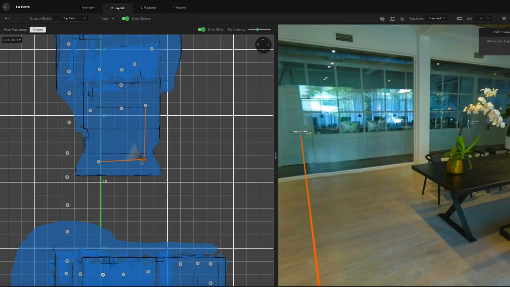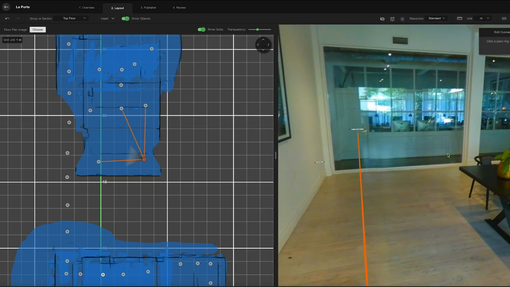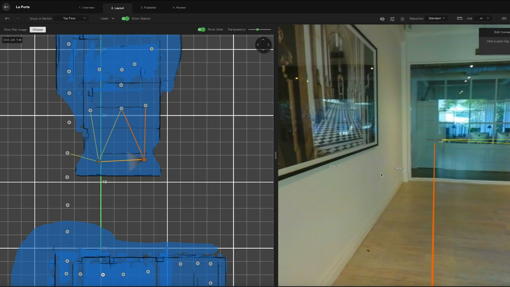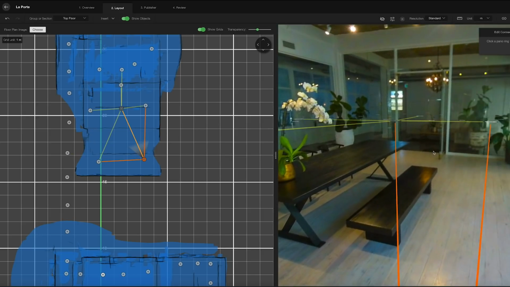Basically, with every single point, Cupix will show you what it has automatically connected to. And if you want it to be connected to other points, you can do that. So if my viewer is looking from this point, I want to give them 3 options. I'll give them the option to move there, to move there, and to move there. That's it. I don't want them to go into the hallway. I don't want them to go downstairs. I just only want them to have those 3 options.